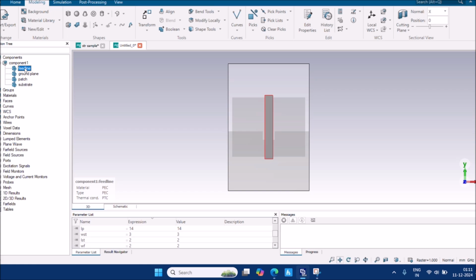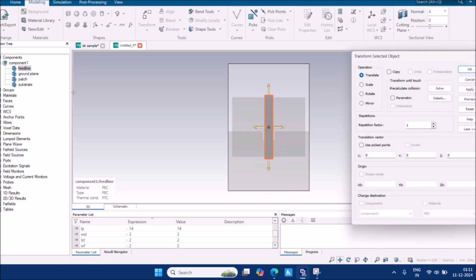Yeah, we have to select the feed line and press Control T, as we can't measure the distance between the diamond points. It measures the dimension between the feed line and here, but no points are there on the substrate. So we can't measure, and we don't have any option, and we have to move manually here. So I'm dragging the arrow of the feed line. As we can see, the value is changing here,